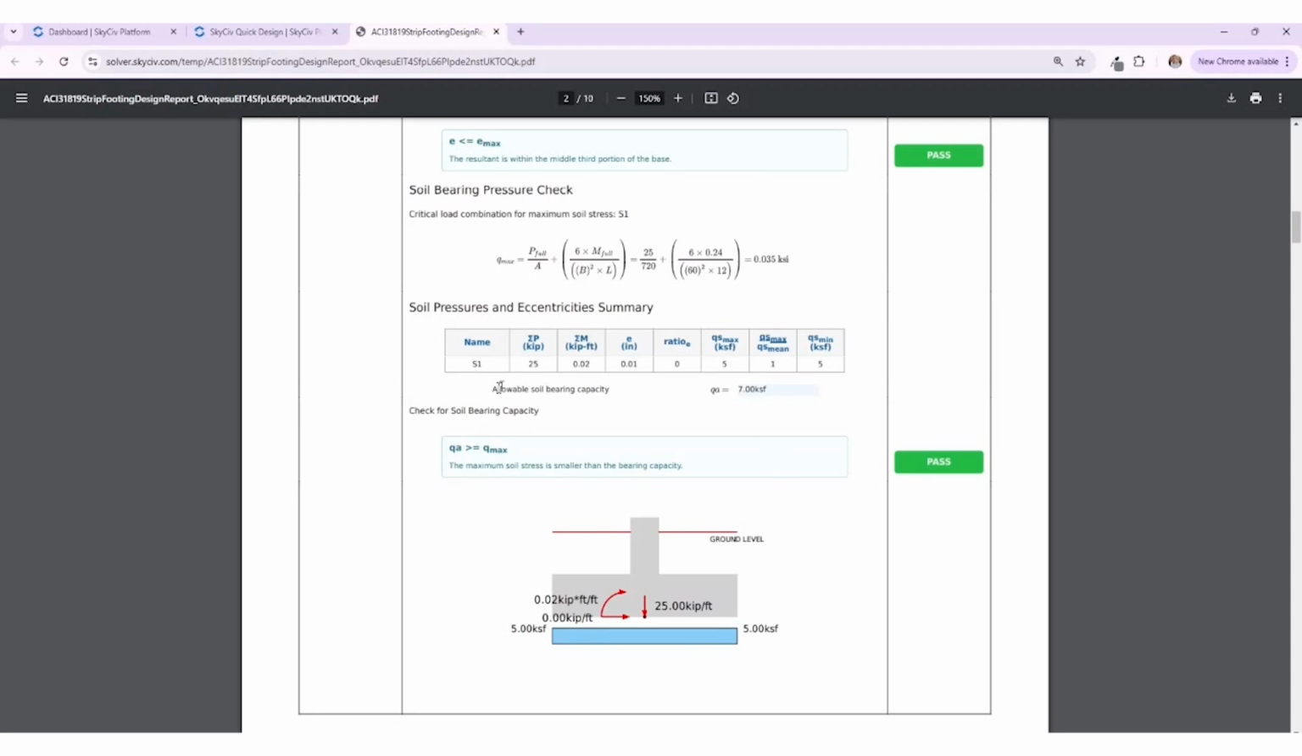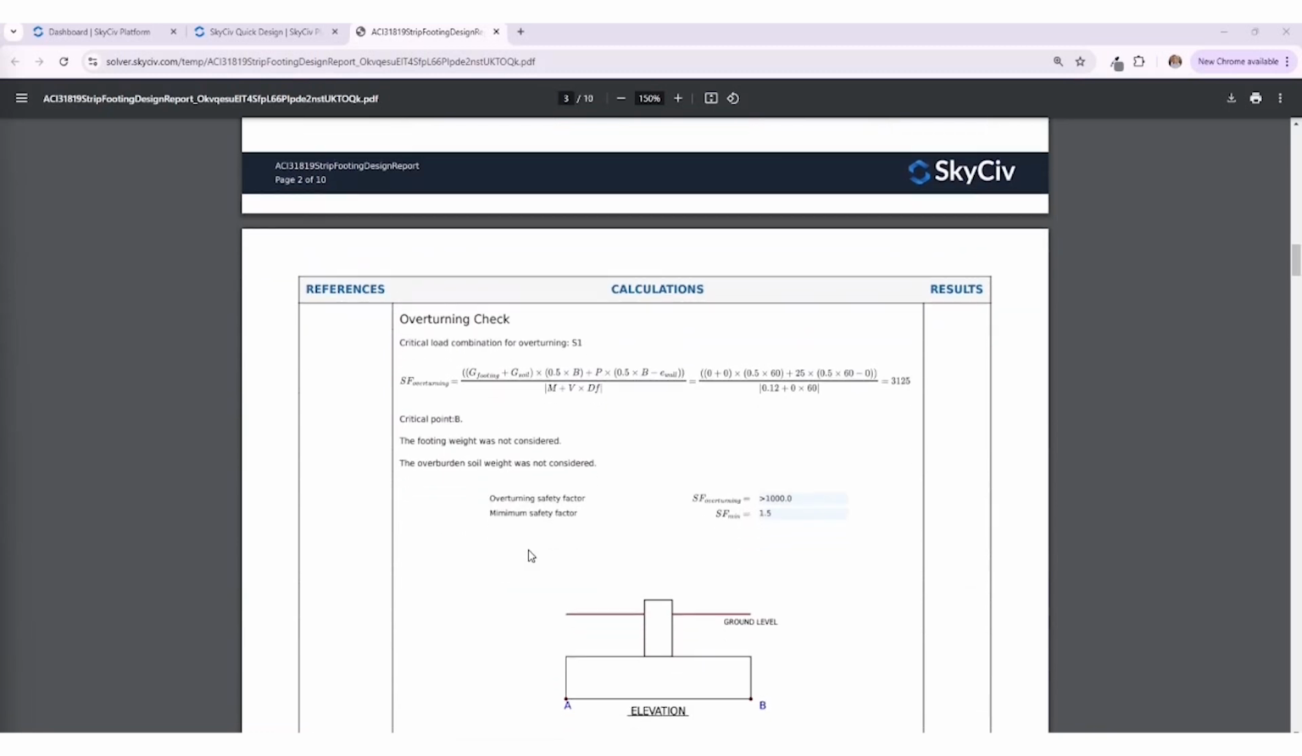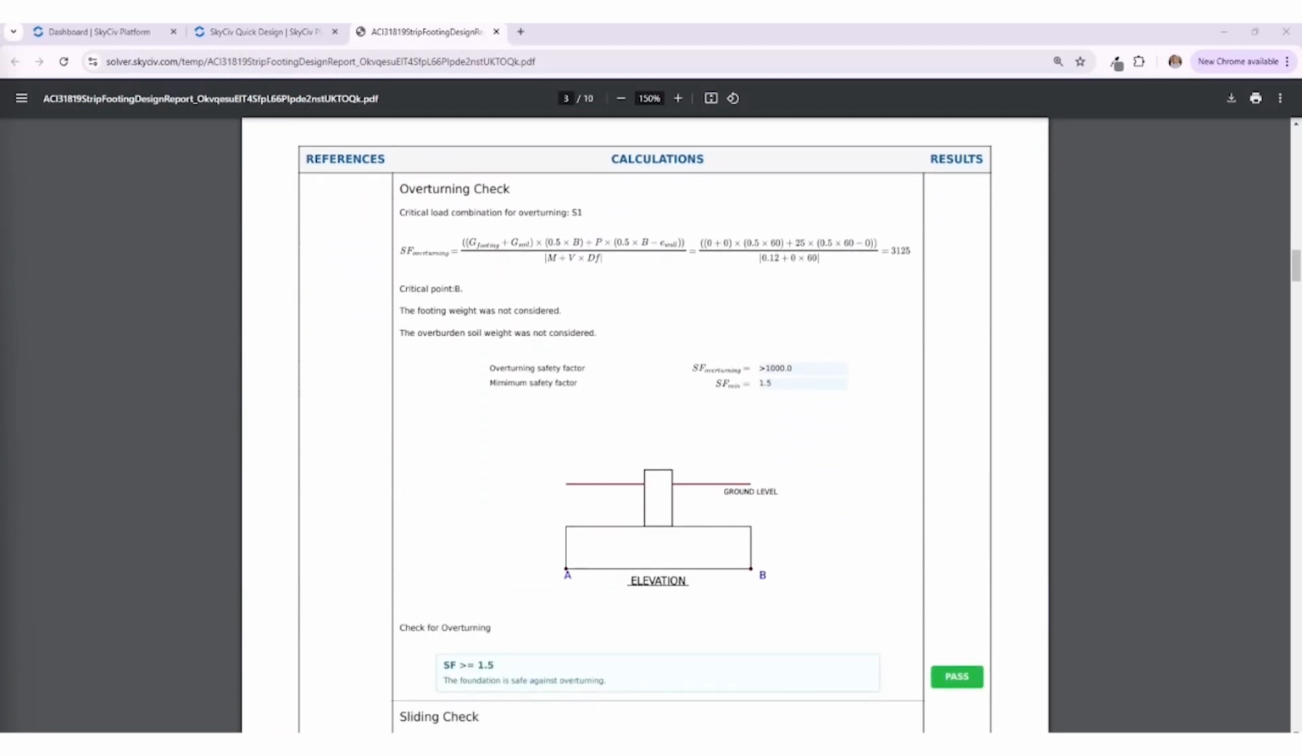So as you can see in the report, the maximum soil stress is smaller than the bearing capacity, so we get a pass. Continuing to the overturning safety check. The overturning check ensures that overturning moments do not cause the footing to tip over. The formula used for the overturning safety factor is the numerator is the moments resisting overturning from dead weight, soil